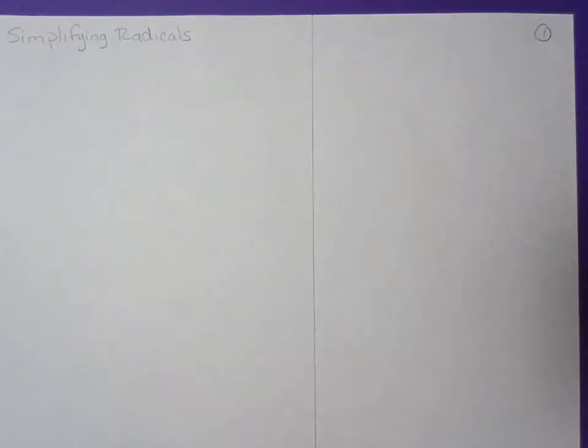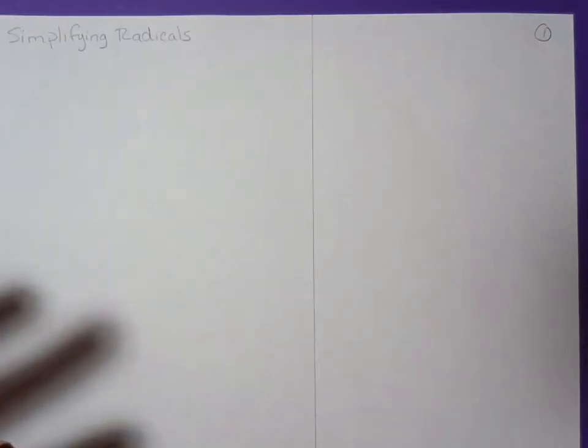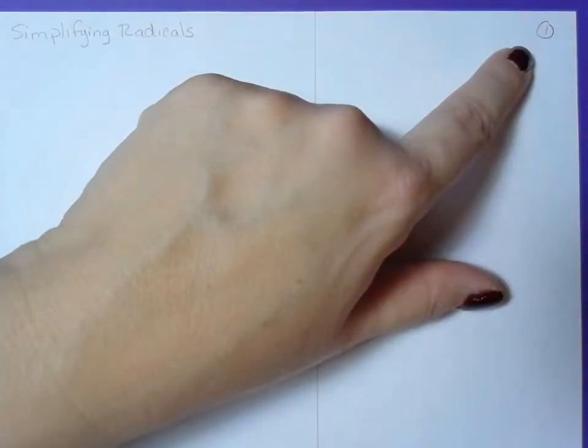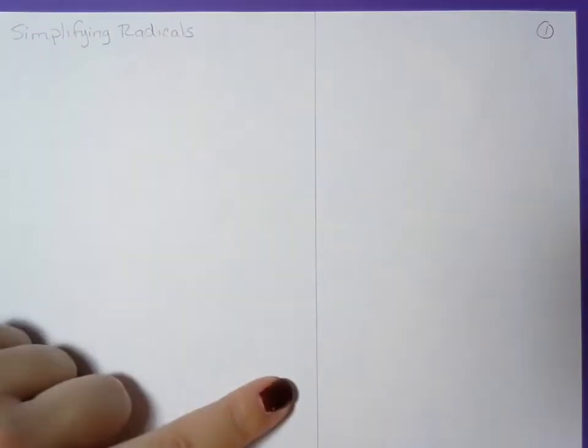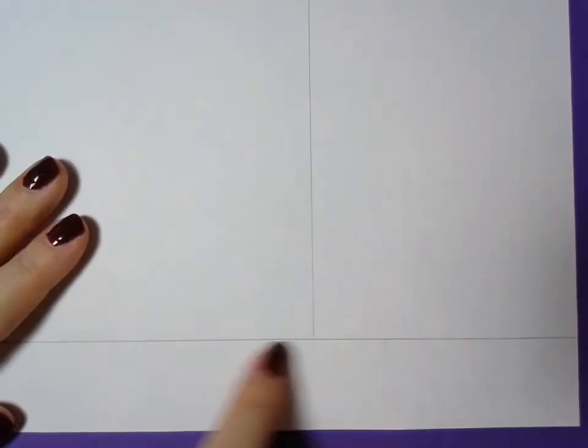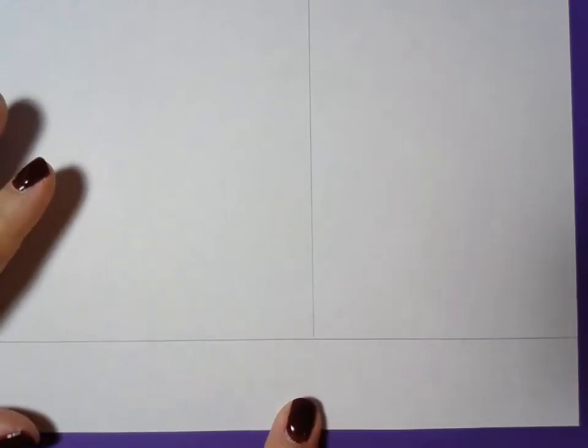Today's lesson is simplifying radicals. I've gone ahead and set my paper up to do 2-column notes. I've titled my paper. This is my first page of notes, so I've gone ahead and numbered it. Notice I've taken my ruler and divided it in half because it is 2-column notes. And at the bottom of the page, I've left myself a little bit of space for a summary of